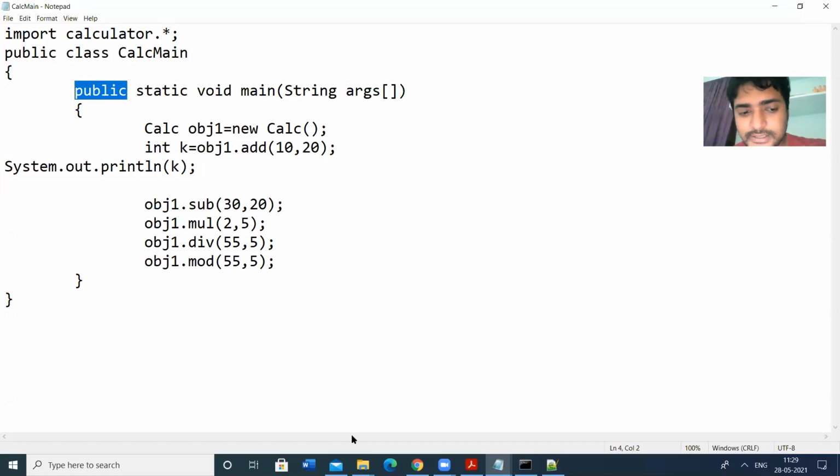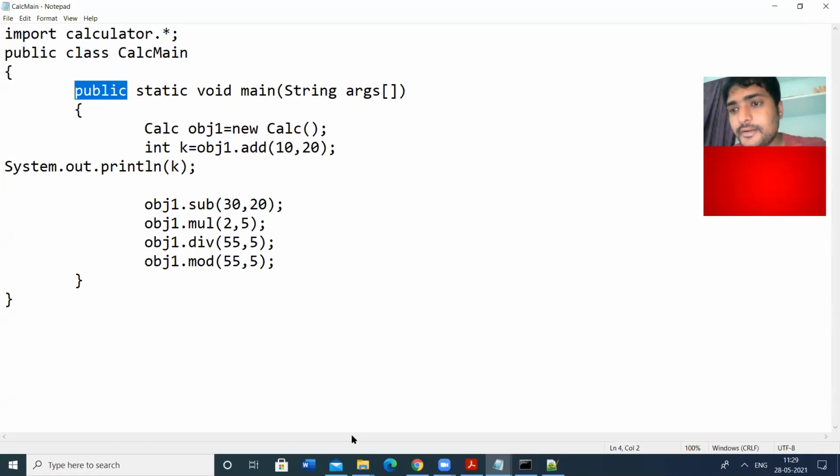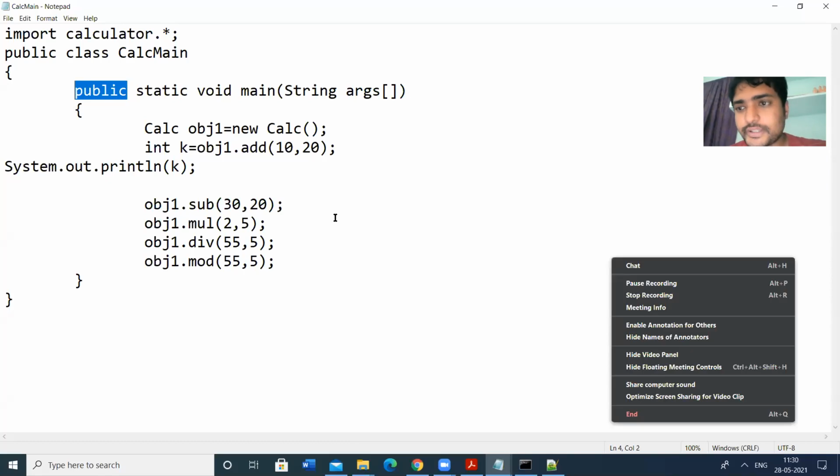So do you have any doubts in this? Hope you understand this one, but you have to check the folders, creation of the folders. Let's check that one. So create a package of your own and import that package into your programs. So thank you.